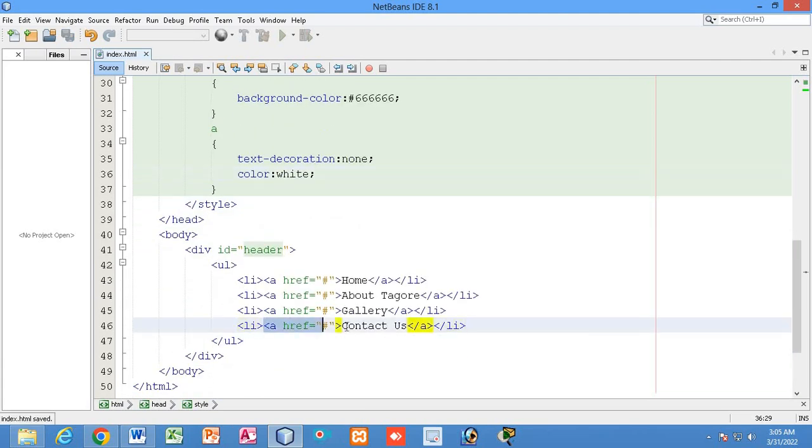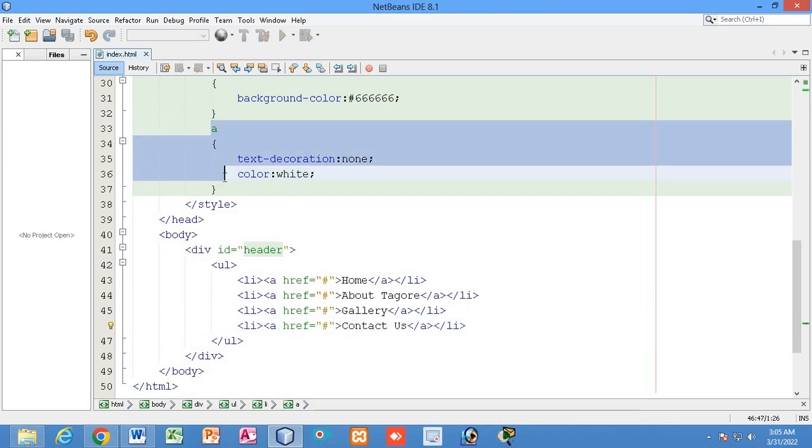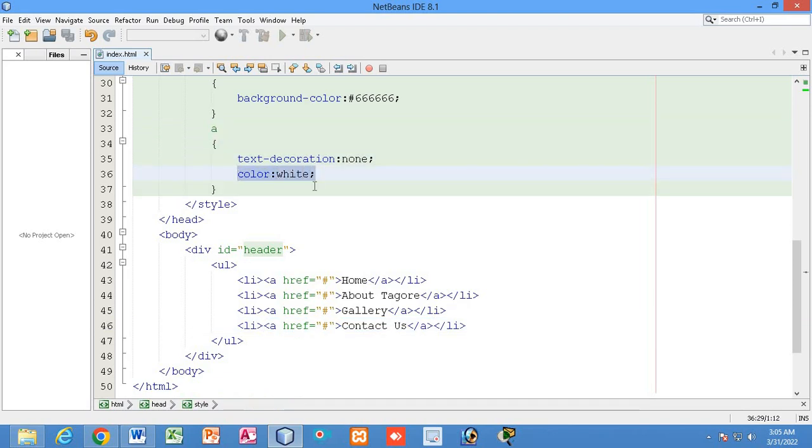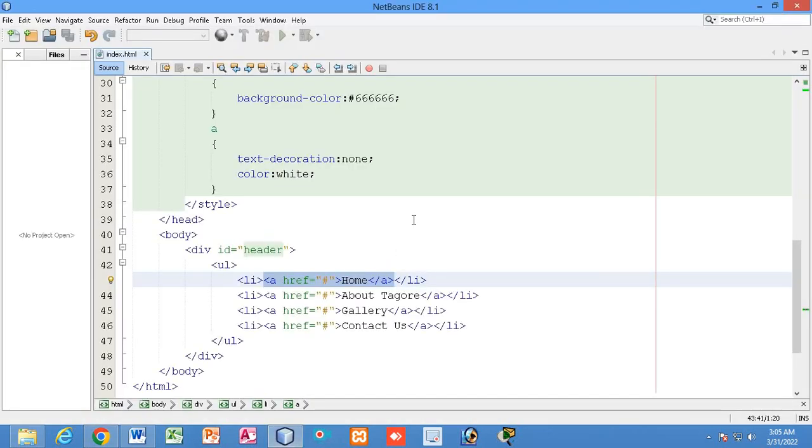So you can see all the text has been enclosed inside the anchor tag. Whatever text is inside the anchor tag, by default the text color was blue previously, but now I have written inside the anchor tag that all those texts should be white. Whichever text is enclosed inside the anchor tag will appear white. Now you can see all the text appearing white, right? So now we are going to take a logo here.